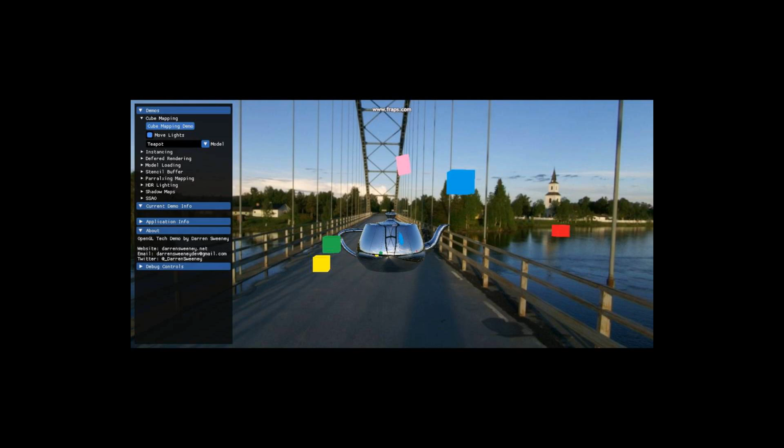NVIDIA touted cube mapping in hardware as a breakthrough image quality feature of GeForce 256 that "will allow developers to create accurate, real-time reflections, accelerated in hardware. Cube environment mapping will free up the creativity of developers to use reflections and specular lighting effects to create interesting, immersive environments." Today, cube mapping is still used in a variety of graphical applications as a favored method of